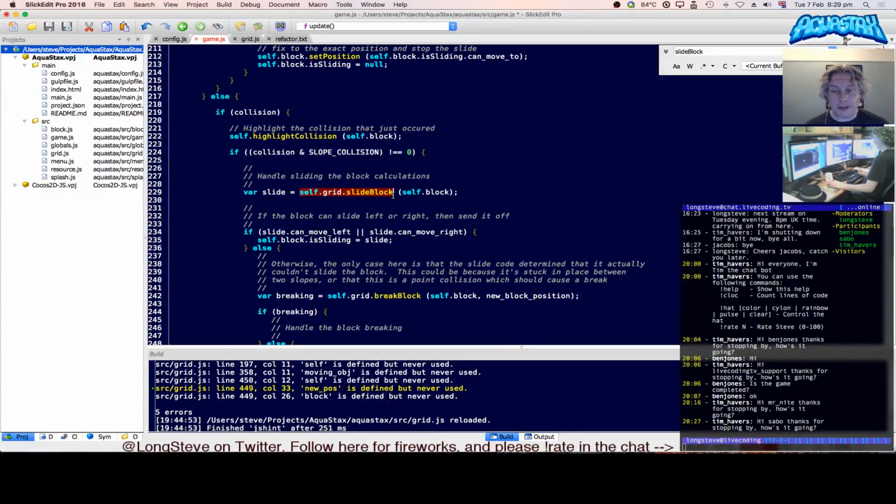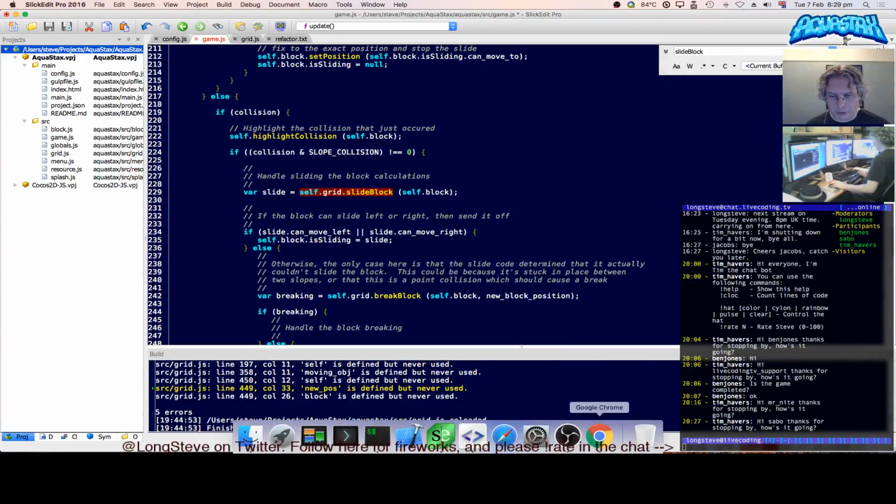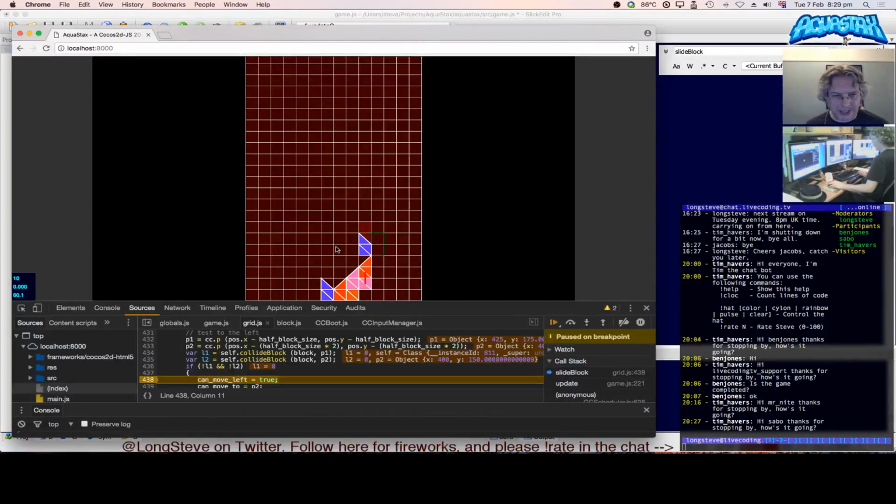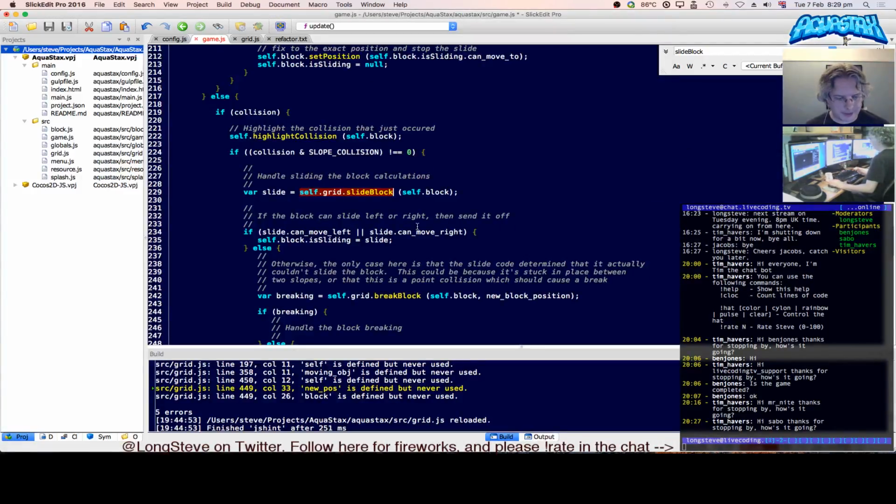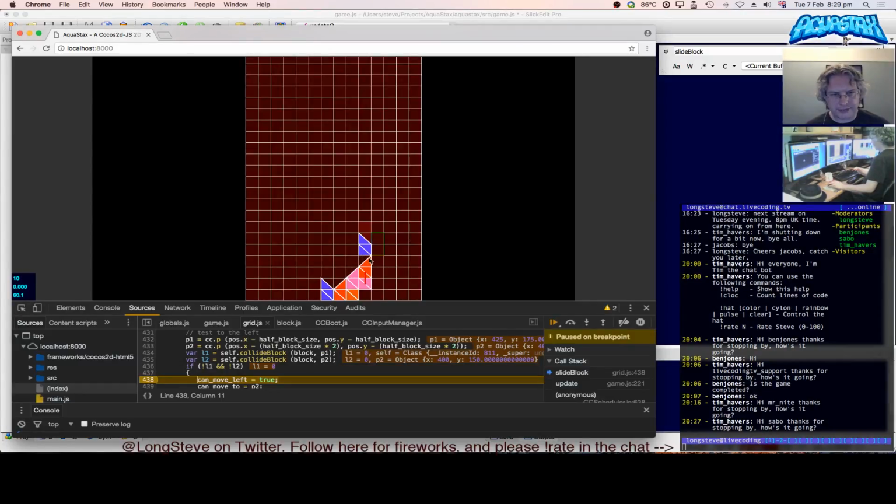And of course, there may be no sliding, because there are scenarios where a slope collision occurs, but the block can't actually slide. For example, if one landed there, it couldn't slide to the left or the right because it's stuck in the bottom of that well. But this code handles that as well now. Anyway, so the tests of can it move half a cell down and right or down and left are ultimately what I ended up writing. And I was quite pleased with myself for figuring out that that's kind of a simple way of doing this collision testing. And I felt sure that there must be some stuff I'm missing, but it ultimately seems to work